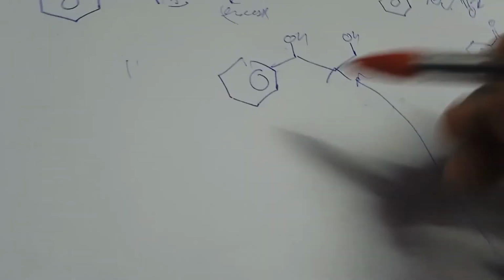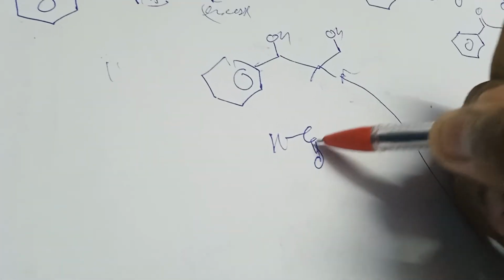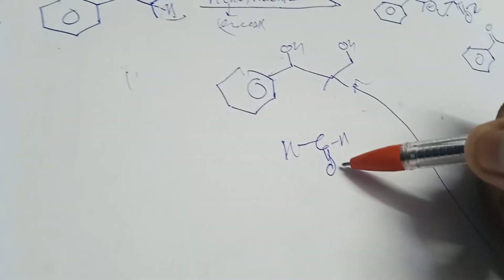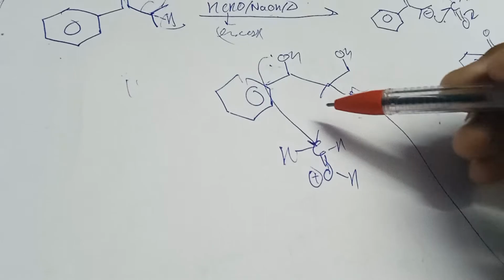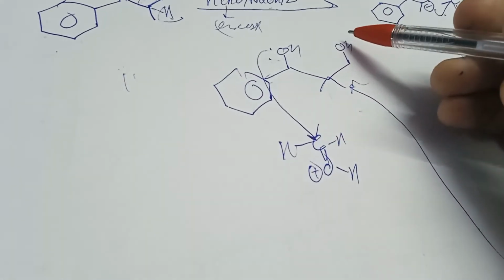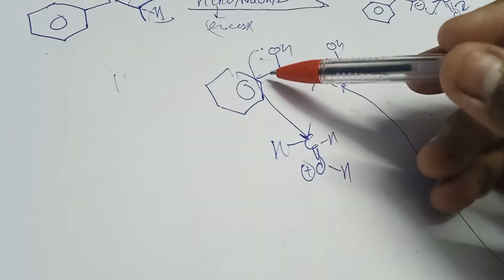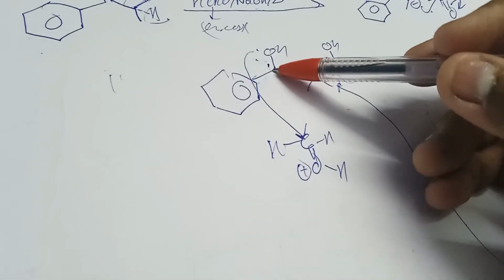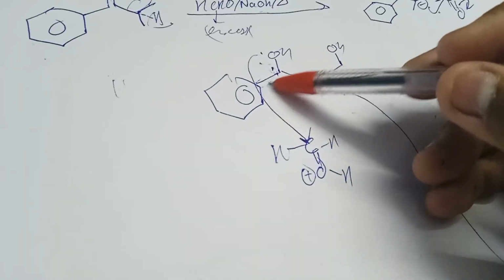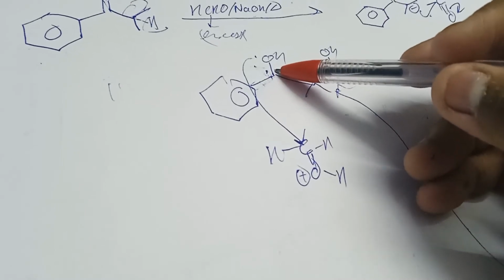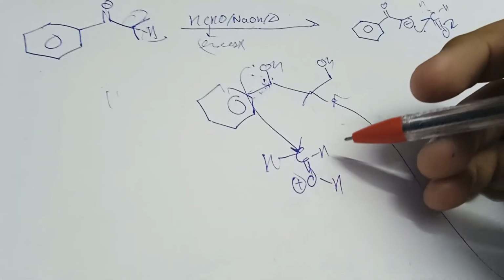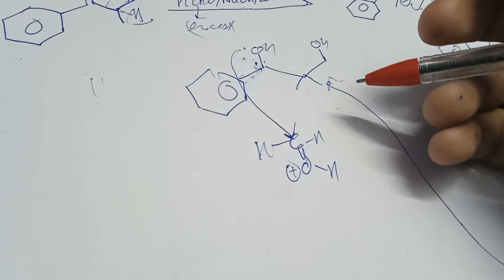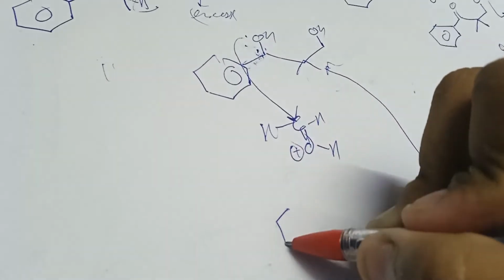So HCHO in the same way. First of all, protonation. This would attack, and preferably this would attack because oxygen here is supported by plus M effect of benzene kind of thing. Anyways, it doesn't matter because there is nothing of isotopic effect, so you may do anything, and we get